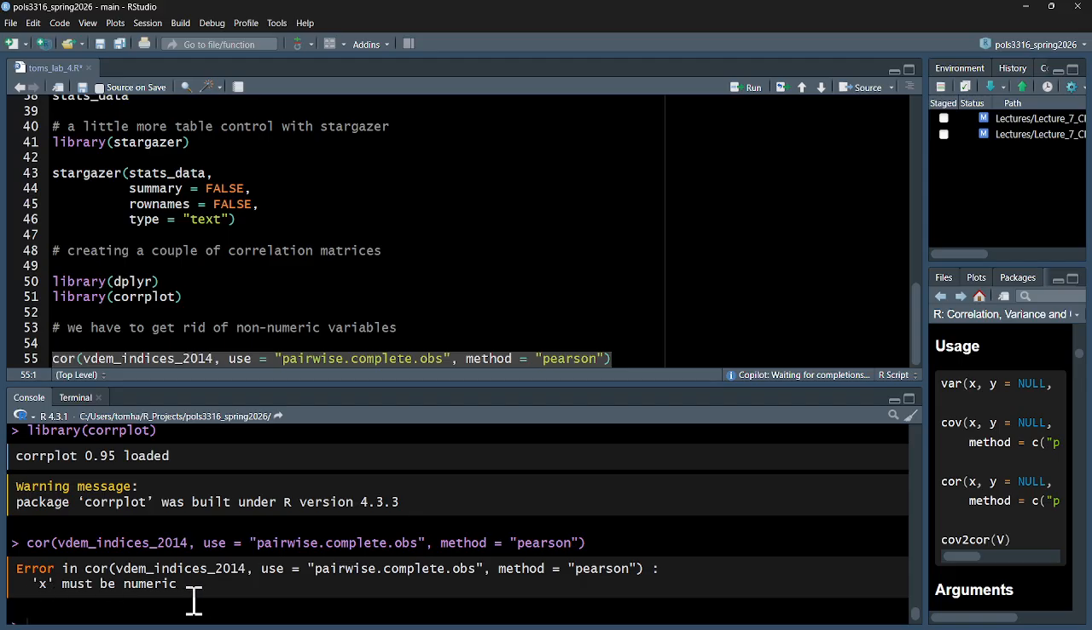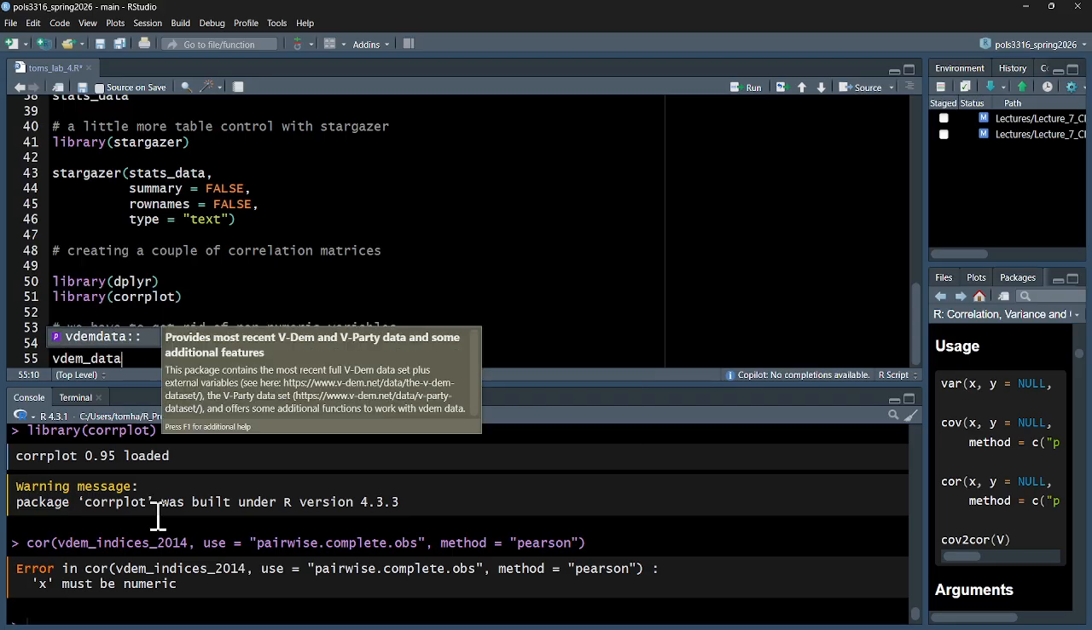So if you get "X must be numeric" and you're running one of these, it means you've got something in there that's not numeric. So how do we get rid of that? One of the easiest ways is to subset the data. So we're going to create a new piece of data,